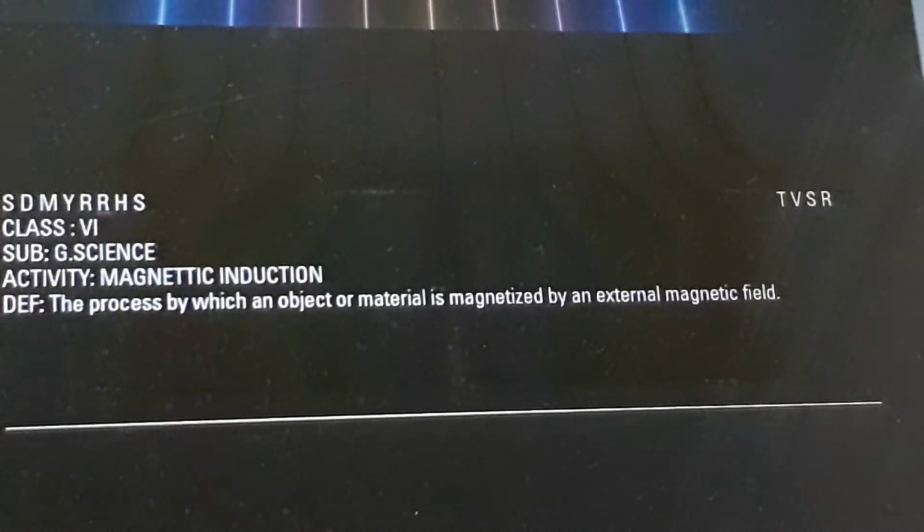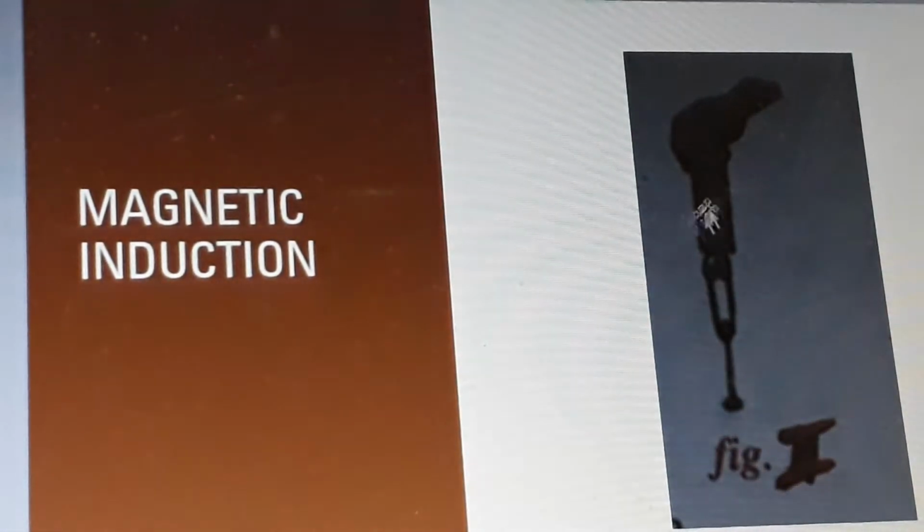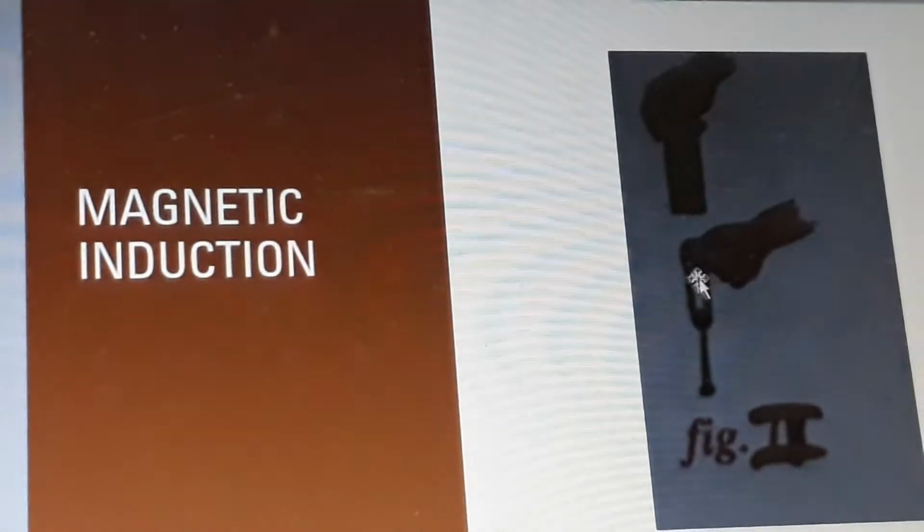Okay, next. You see a diagram. What is this? This is a bar magnet. This is a safety pin.